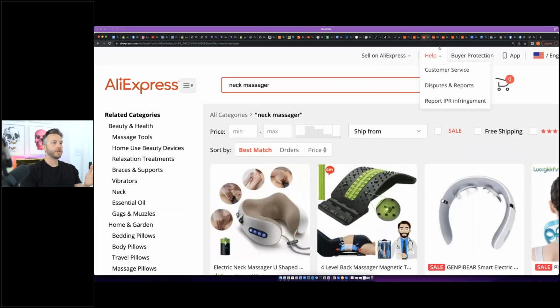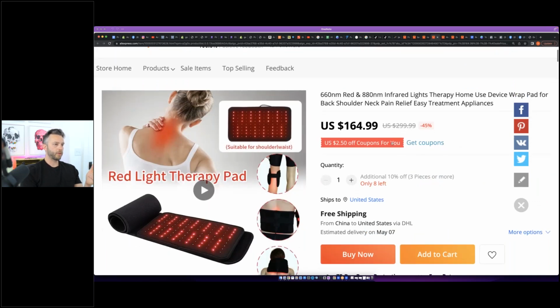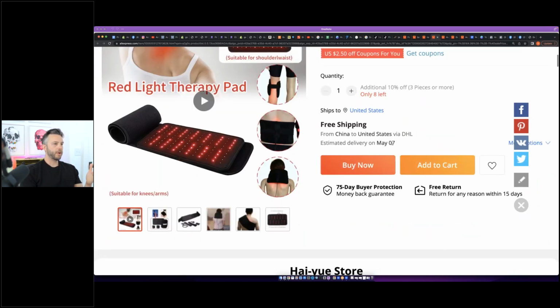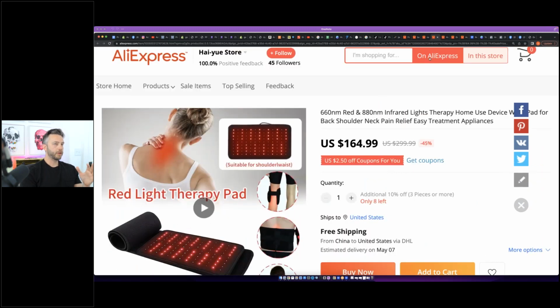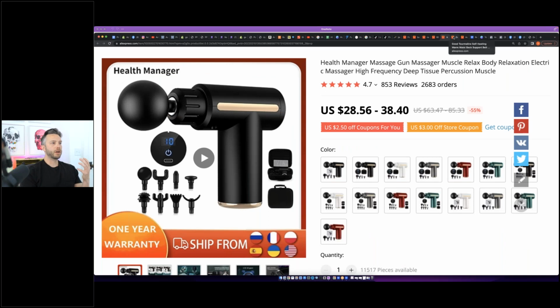There's also these infrared blankets or infrared cushions that you can wrap around you that can help you, but you can see these are a bit more expensive. There's the massage guns, which are awesome. And look, I'll tell you right now,